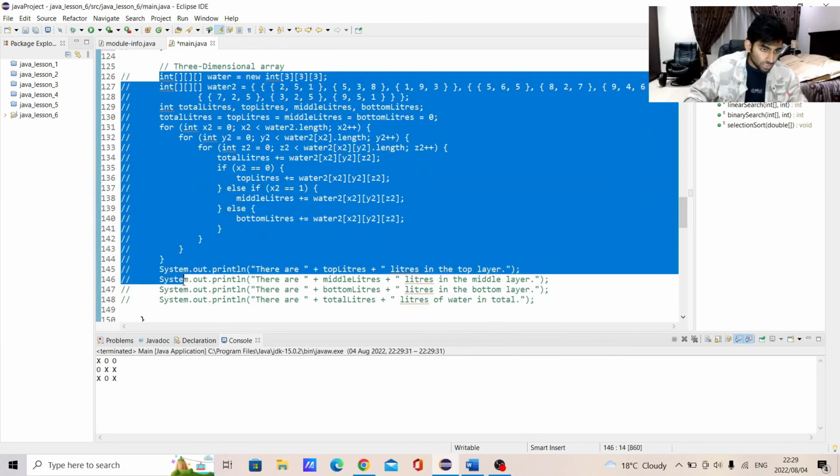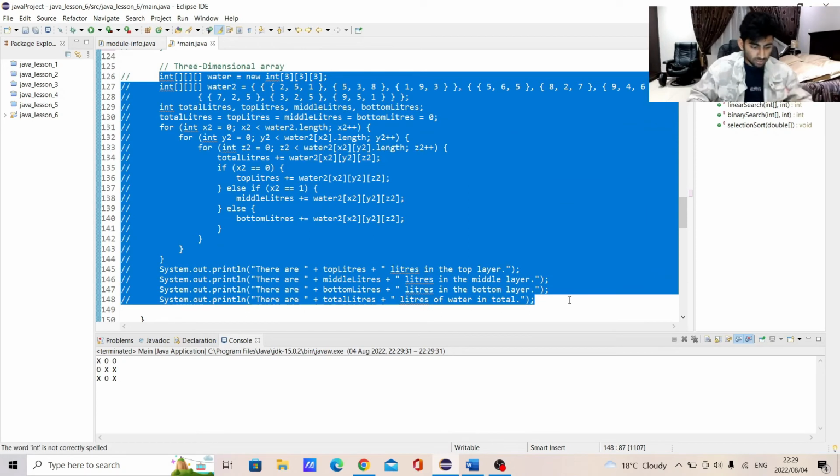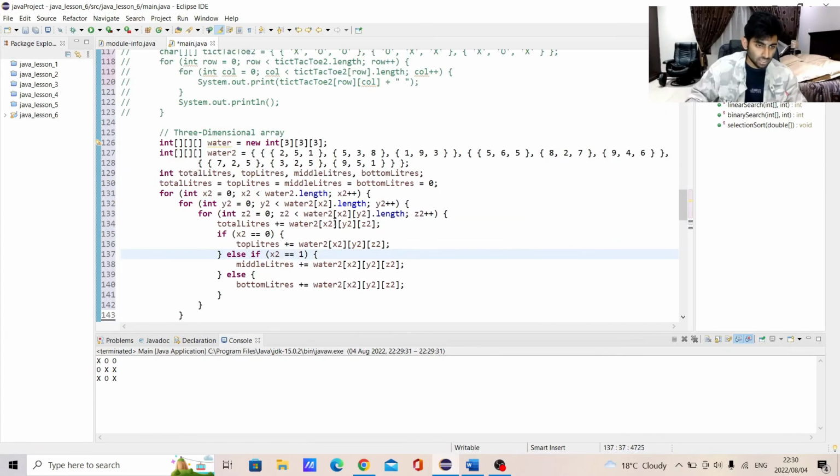Right, so we have this 3-dimensional array. It's pretty nice looking, actually. Basically, I've created an array and called it water. And what does it do? We basically have